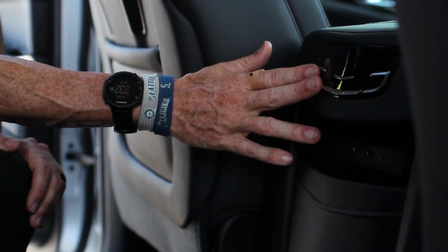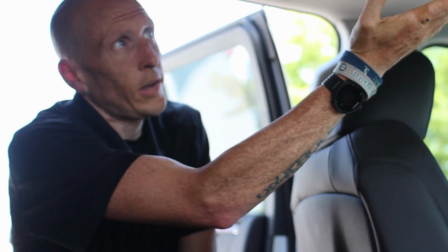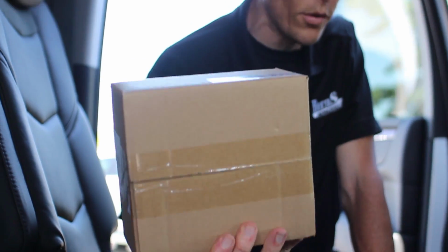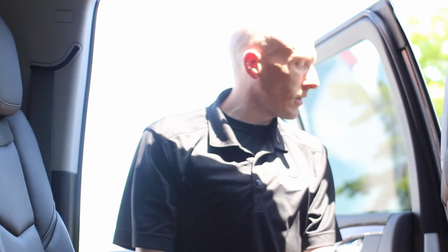It's got its own rear air controls up above us. As I mentioned, you have a third row DVD player, and this is a Blu-ray DVD player. It does come with two sets of headphones and a set of remotes, which we keep conveniently in the box here. I think as we go around to the front seats, you'll see even more of the exceptional quality that